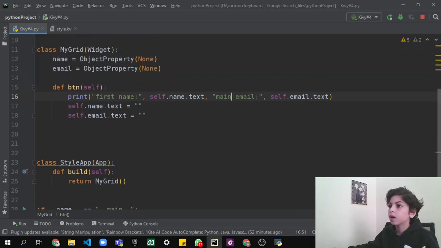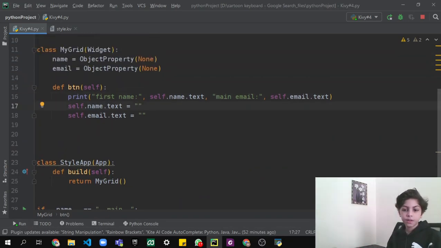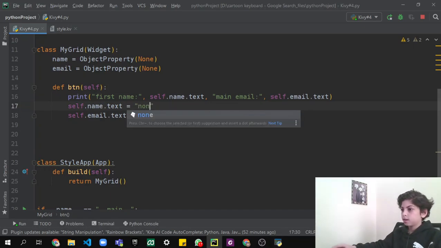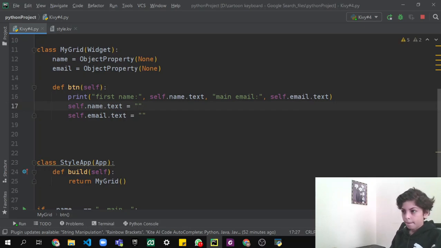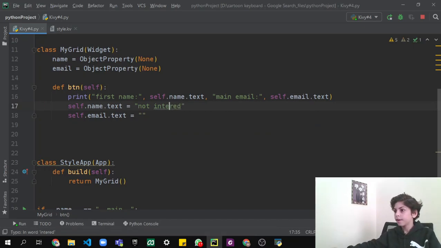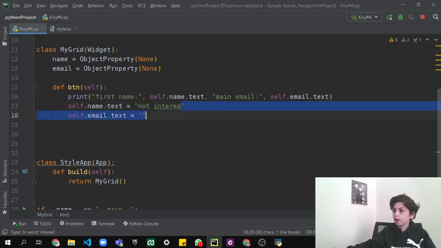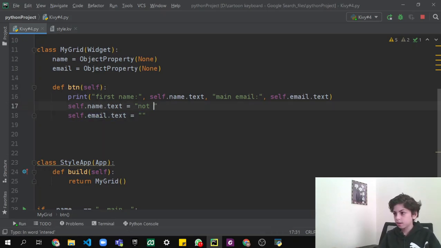And also, let's see here, if we didn't say anything, instead of nothing, let's say none, or not entered, or we want something that a user will like. So let's say